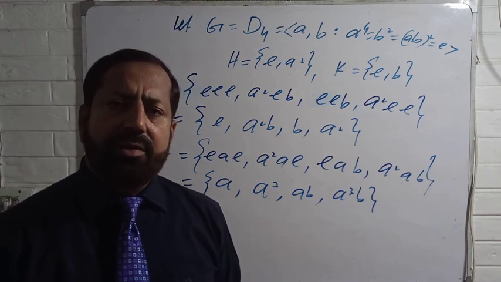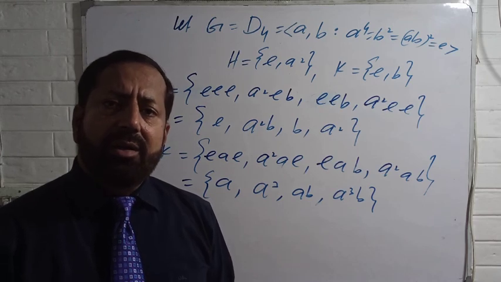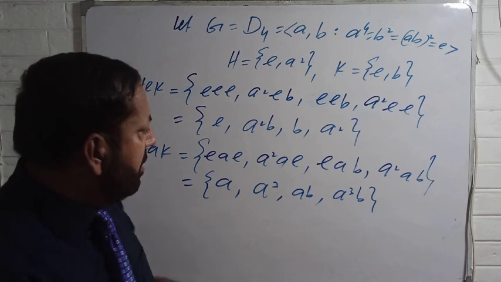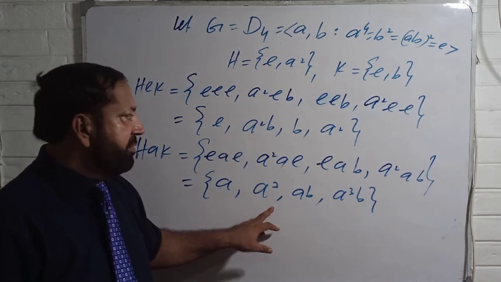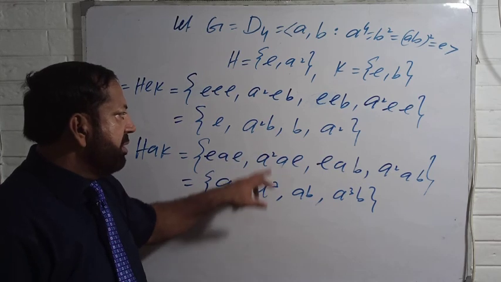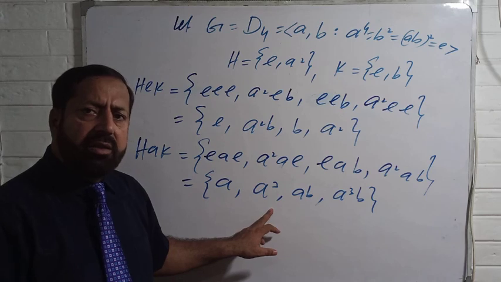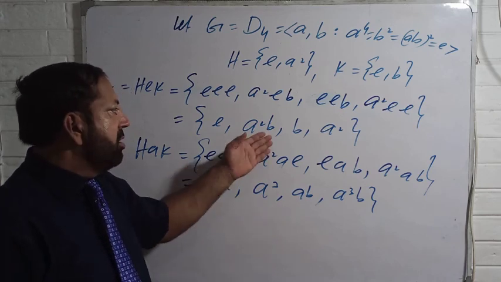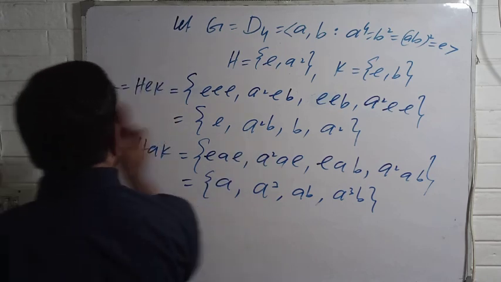So this means that any two double cosets are either identical or distinct, because I have completed D4 and also I have seen that there is no intersection between these two. So I can suspect that the other double cosets may be identical to this and this. So let's see if I find that.